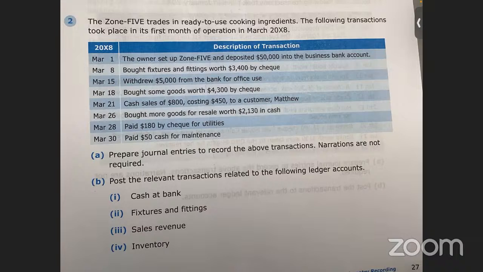Now, let me repeat what you're saying. Owner withdraw 10,000, cash in hand increase by 10,000. Make sense? Unfortunately, you are totally wrong. Let me tell you why. Because the cash in hand is not the owner's hand, it's the business hand. Your cash in hand increase, I agree. The business cash decrease. Do you understand that?